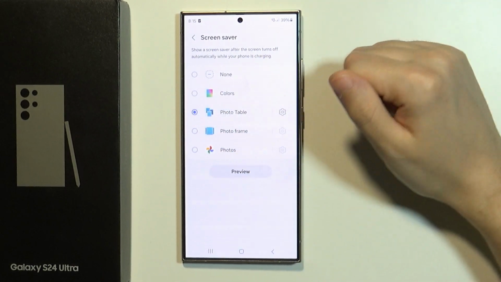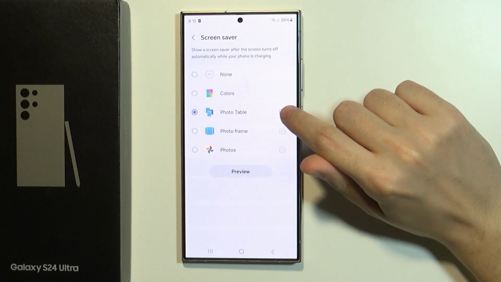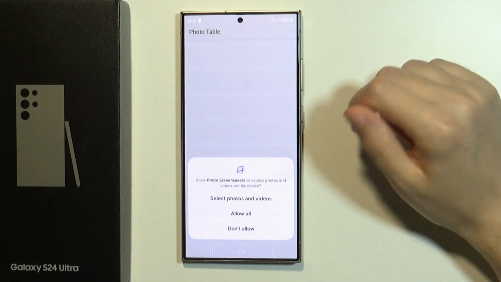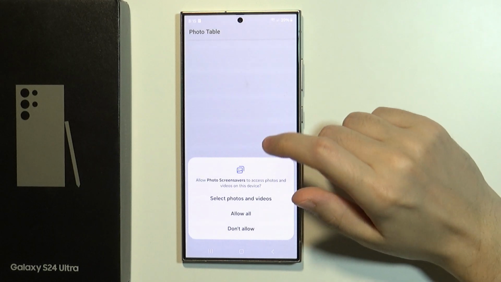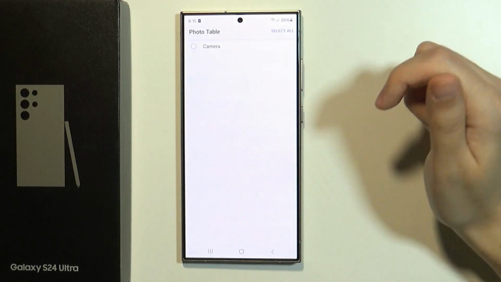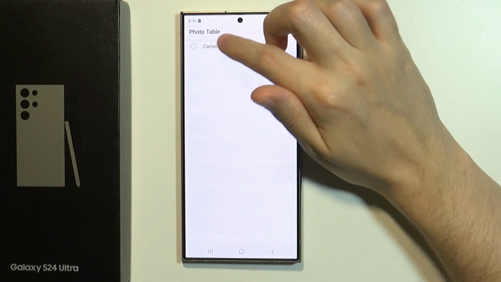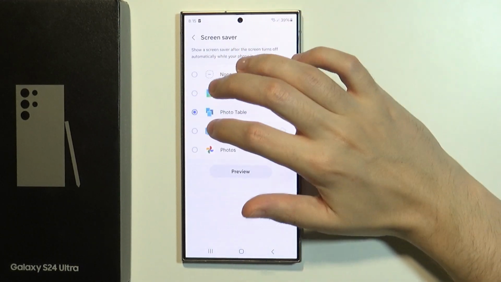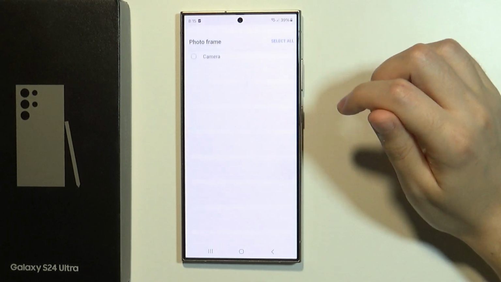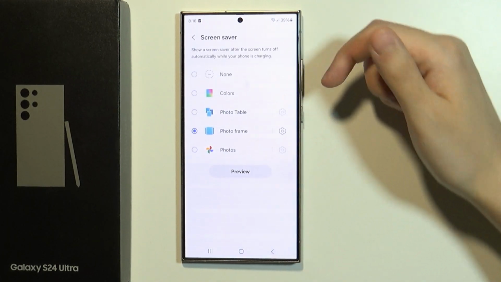These photo options have settings, so you can tap on this gear icon in order to access the settings. So let's allow all, and now over here we can choose whatever we want to use. So over here we have camera photos. If we go back, we can also go to photo frame, where the settings have the same options,